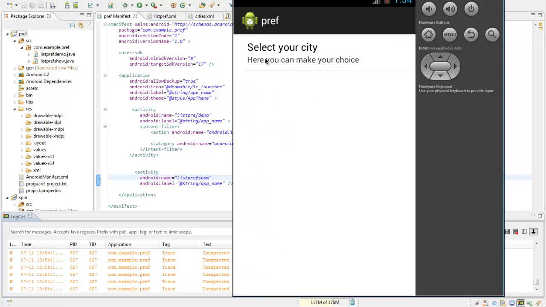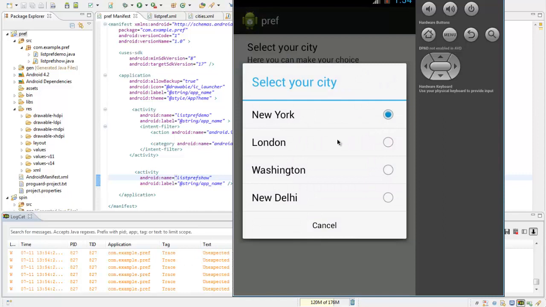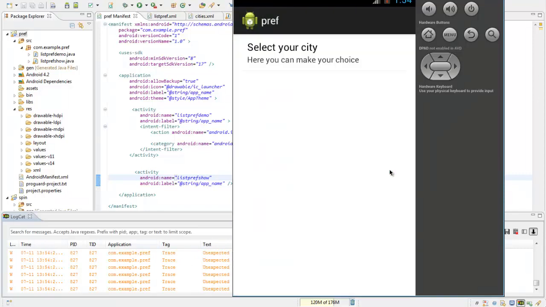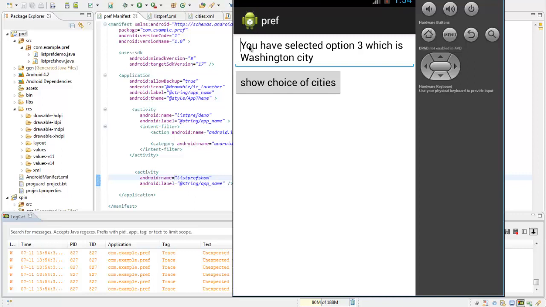This is the title, this is the summary, and here we have all the choices. Suppose I select Washington, and as soon as I remove this preference screen, you have selected option 3, which is Washington city. So this is how a list preference works.